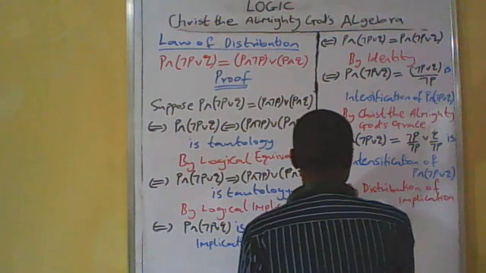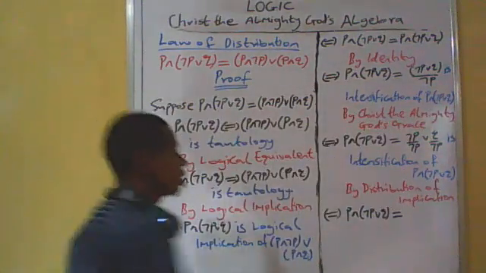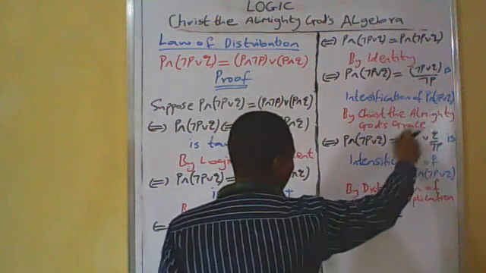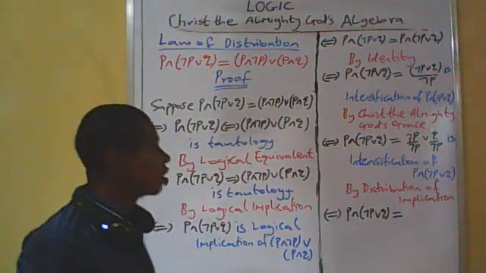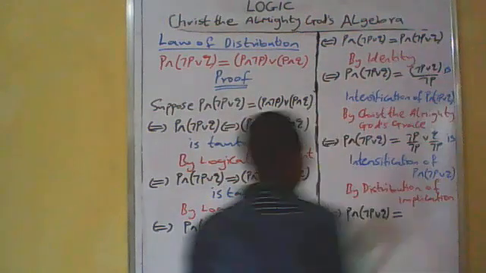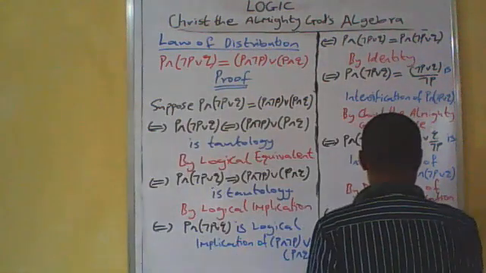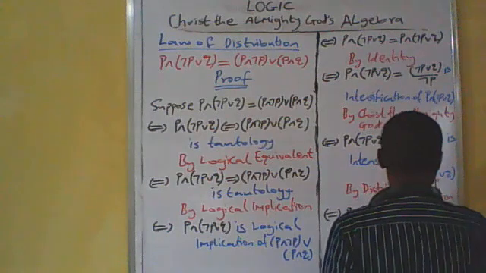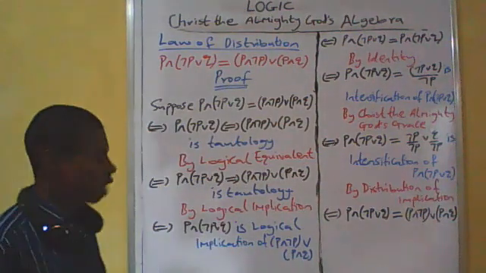So if and only if P and bracket not P or Q is equal to, we are going to revise this statement not P upon not P or Q upon not P. That means not P implies not P and not P implies Q. We are going to revise it to conjunctive statement. Reason is that this not P is being generated from conjunctive statement P and bracket not P or Q. So when you want to revise it, it's going to be in conjunctive statement. That means we're going to have P and not P or bracket P and Q. So we have now revised it to conjunctive statement, and you see that it's now equivalent